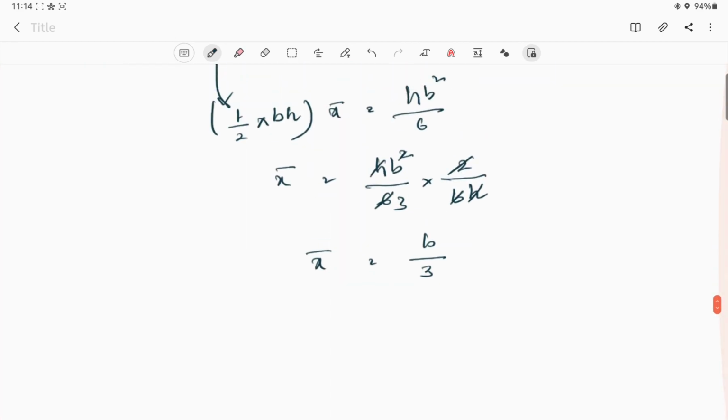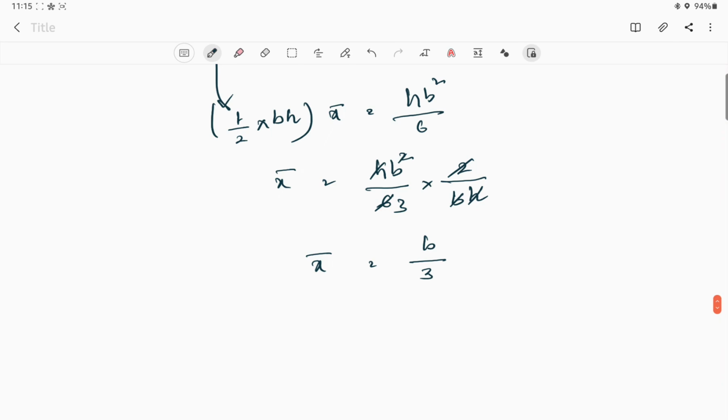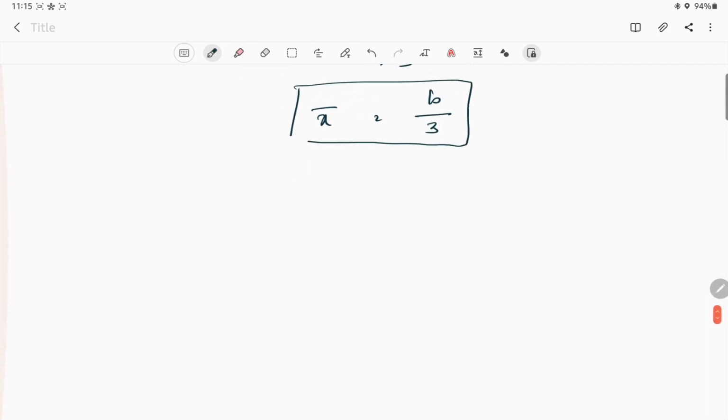Okay, so this is nothing but a simple derivation. Problems are a bit easy. We don't have to worry about the problems, because in problems we don't have derivations. We have simply the formulas. So formulas are very simple. You have to remember each and every formula for centroids: centroid of triangle, centroid of rectangle, centroid of circle. I'll give all these to you in a tabular form so that it will be easy for us to recall and remember.